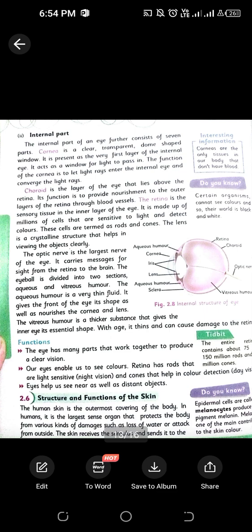So whenever you are outside somewhere in bright sunlight, and suddenly you come back into a room, there is a glitch, there is a black sort of surface in front of your eyes. The reason behind that glitch is that cones are deactivating and rods are activating, okay? So these two cells have different functions, and the eyes help us to see near as well as distant